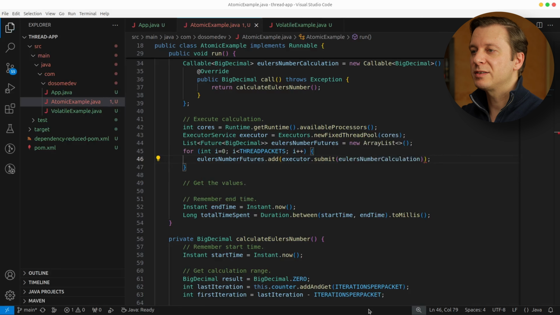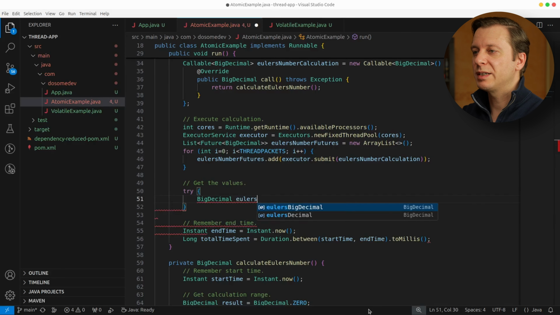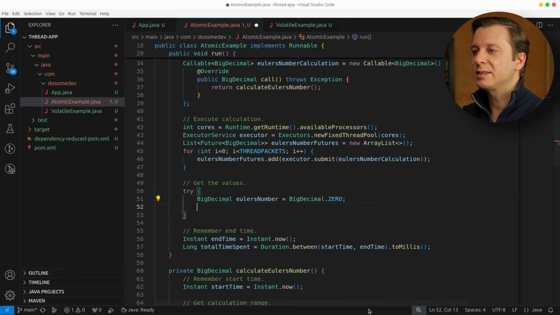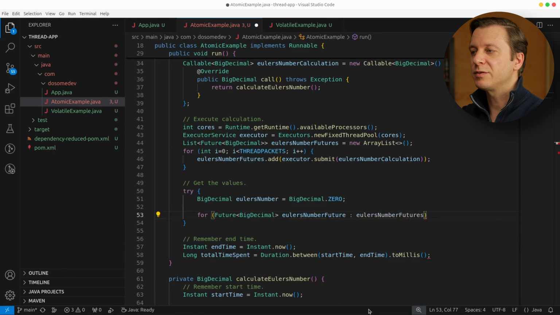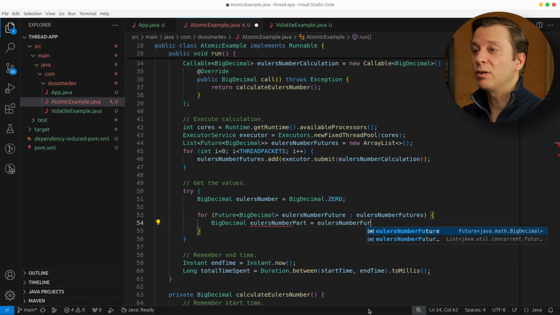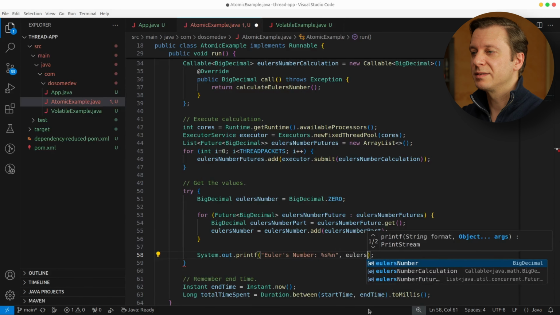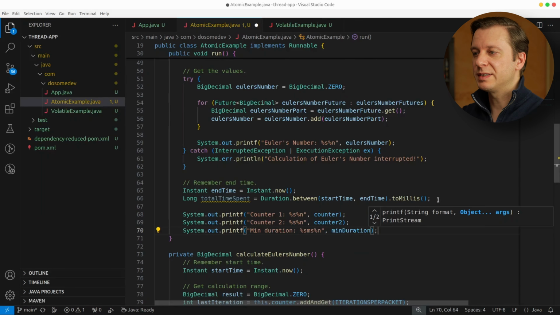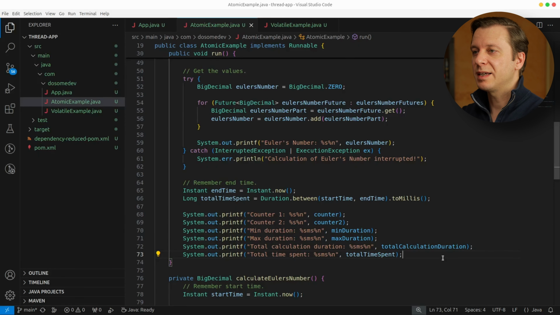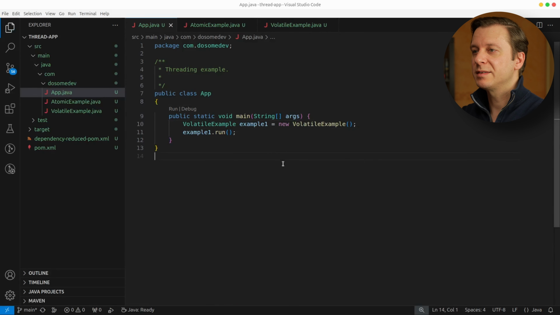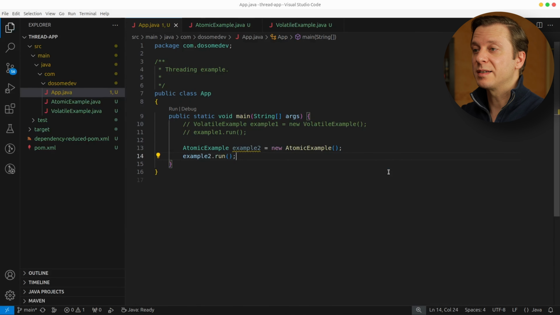Now let's put our efforts to getting the values. For that we first create a variable eulersNumber of type BigDecimal, in which we add all the results of all the futures. So this will be our final Euler's number. And after having done all that, we print it to the terminal. And last but not least, we print all the statistics that we created. Alright, that's it. Now let's go back to the main method and create a new instance of the atomic example